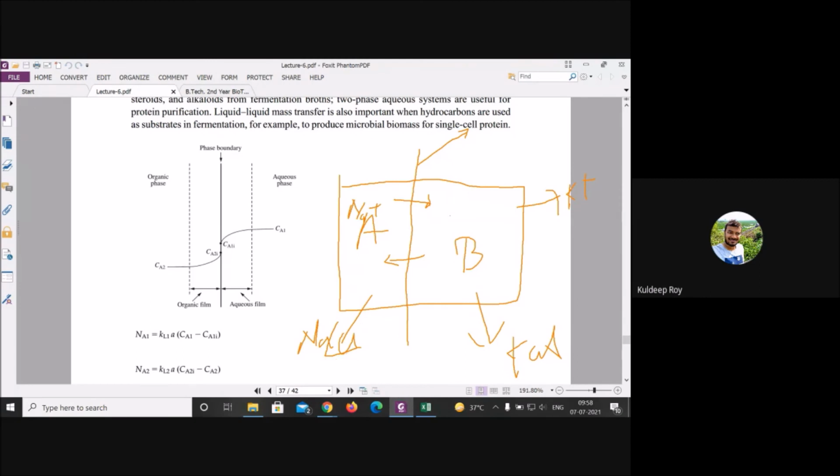And you are claiming the chloride concentration here will be the same as here. You have added 1 gram of NaCl and 1 gram of KCl, and you are claiming the chloride concentration is the same. Then only what will be remaining? Your Na. The concentration of Na is higher here, and the K concentration is very high there. So the Na will transport from this direction to this direction, and K will transport in the opposite direction.